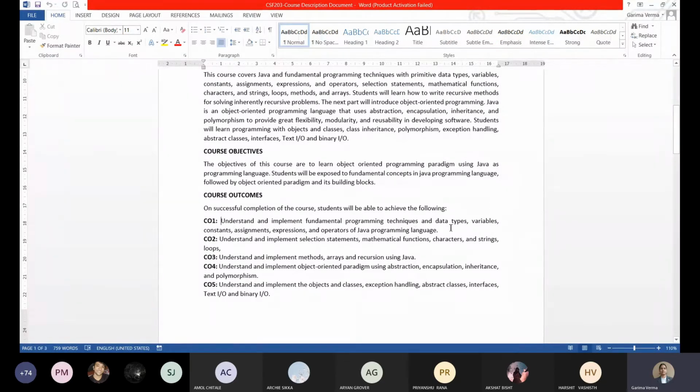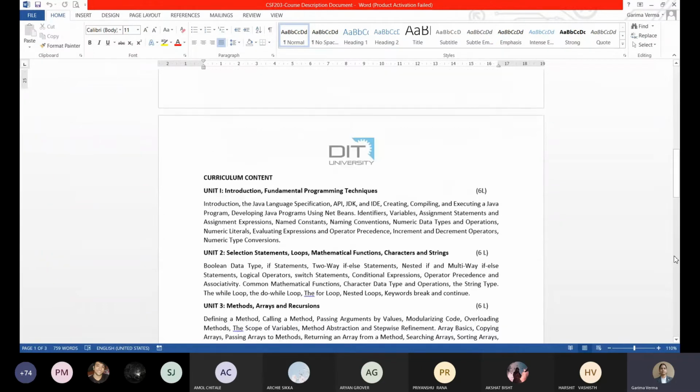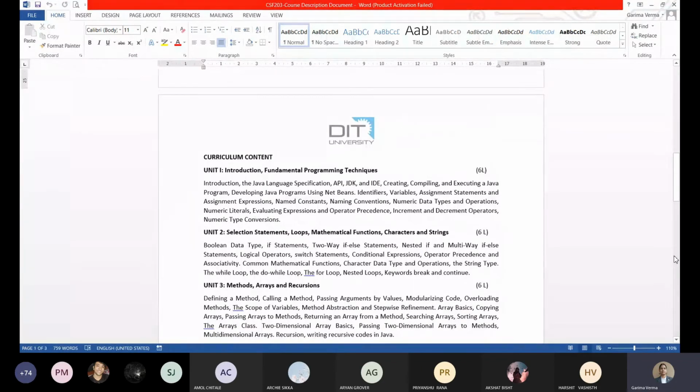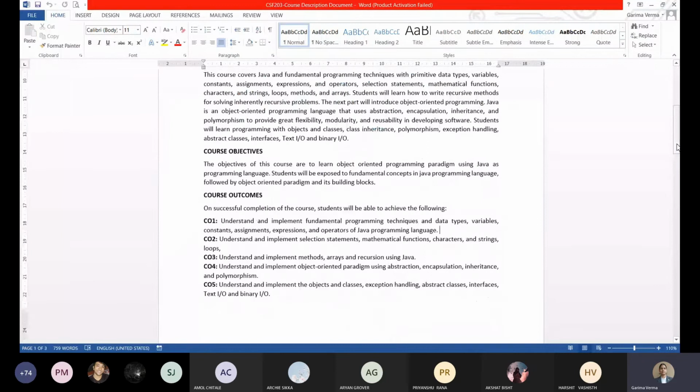Then what are the data types you can use in Java, and then how to declare the variable constant, what is the difference between variable and constant, what are the operators you can use in Java, what are the unique operators you will find which are different from the other languages, how will you create the expressions and assignments. So these are the takeaways of unit 1. The detailed description will be there, so you can see the detailed description also. I'm only briefing you the takeaways of each unit.